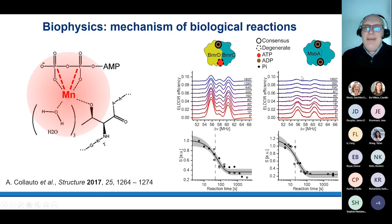You see here a comparison between the two systems. The principle according to which it works is fairly straightforward. When ADP is bound, so the hydrolyzed form, only one phosphate interacts with manganese. When ATP is bound, so before hydrolysis, two phosphates are bound to the manganese. So we just expect a decrease of the signal when the hydrolysis reaction takes place, which is actually what we find. There is a peak in the middle that is already related to some different reaction mechanism of these two otherwise rather similar